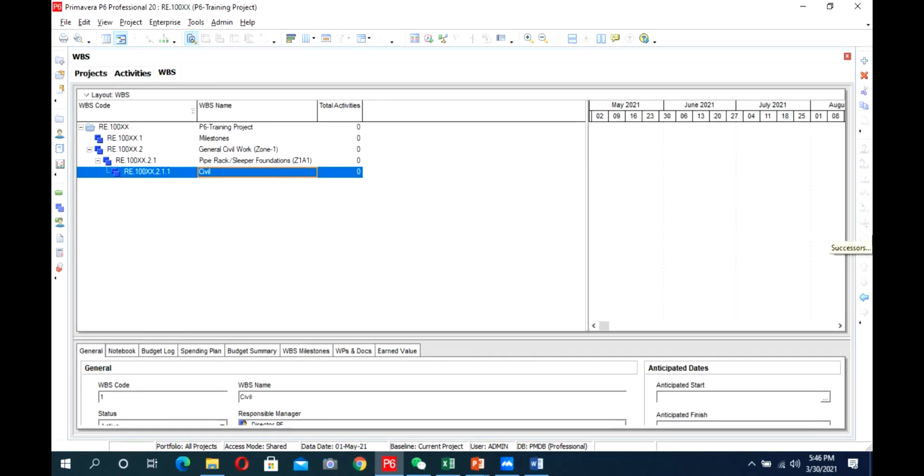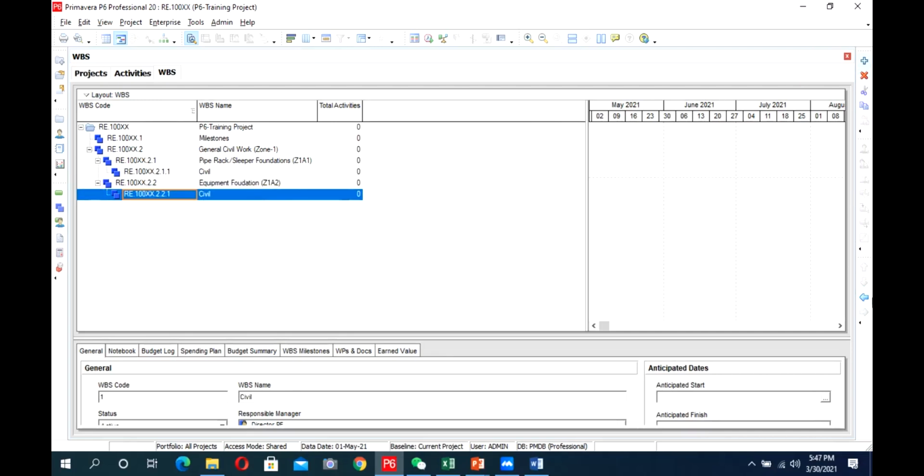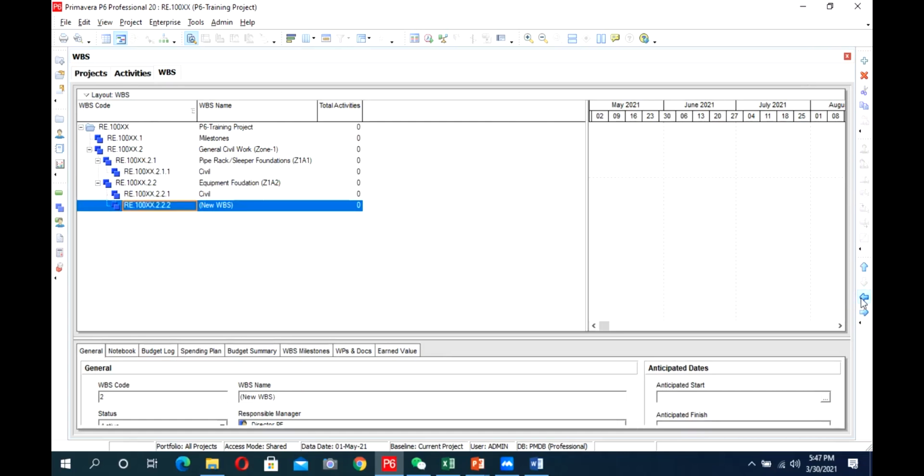After civil, we have 2.2 equipment foundation. The next node is at level 3, so I will bring it to 3.